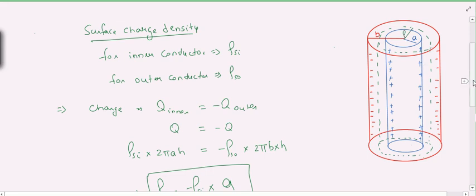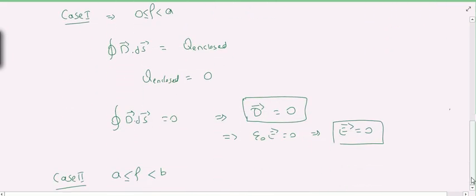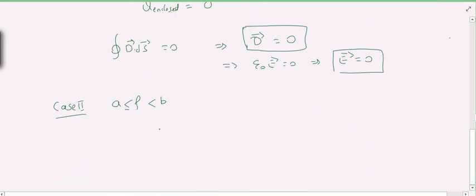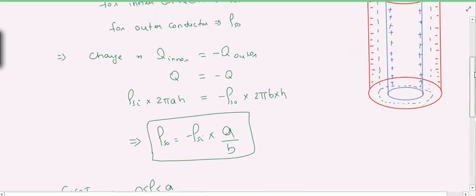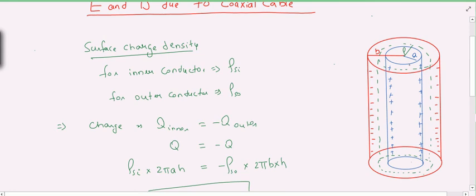So now we will apply Gauss law in it. What the Gauss law says is, D dot dS equals the charge enclosed in it. Now see that the whole inner conductor is enclosed by this Gaussian surface, which is shown here in green. So this whole inner conductor is enclosed, which means that the charge on the inner conductor, that is Q, is